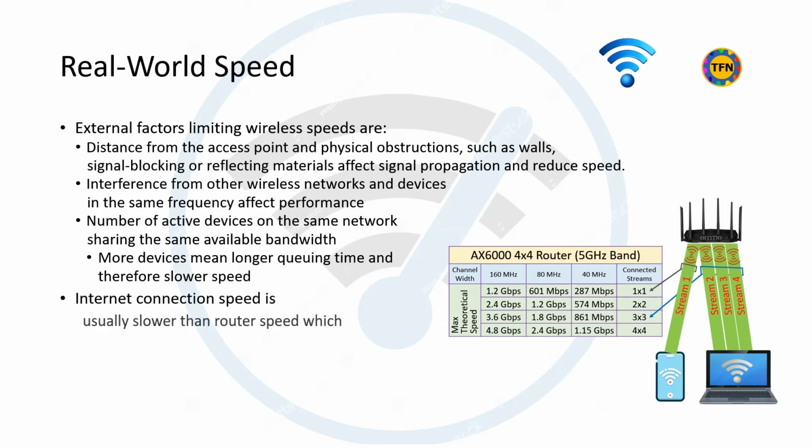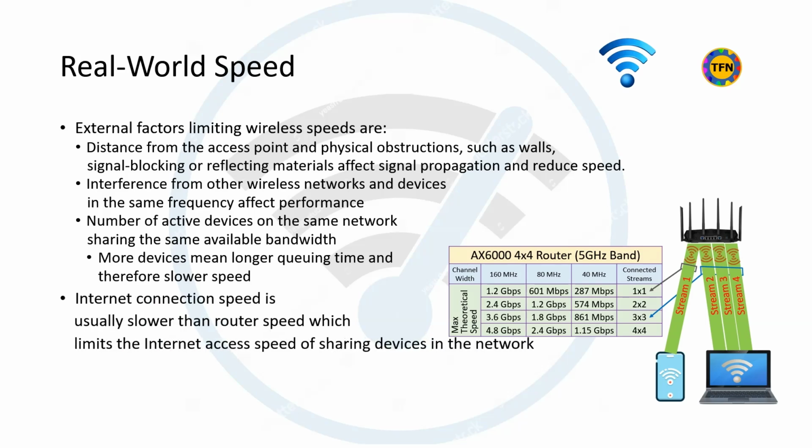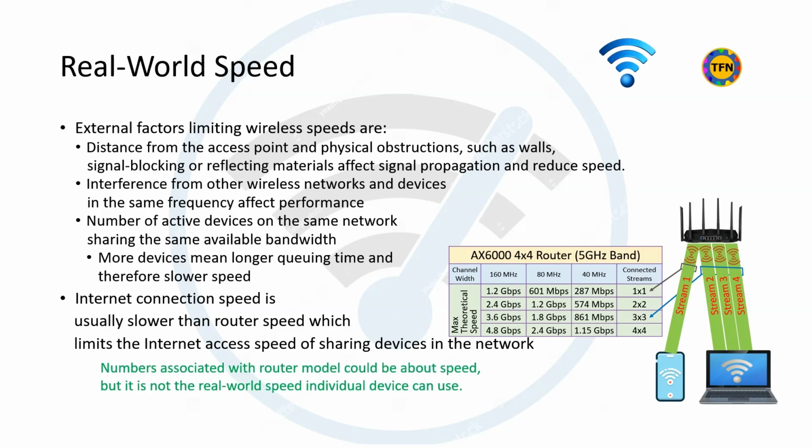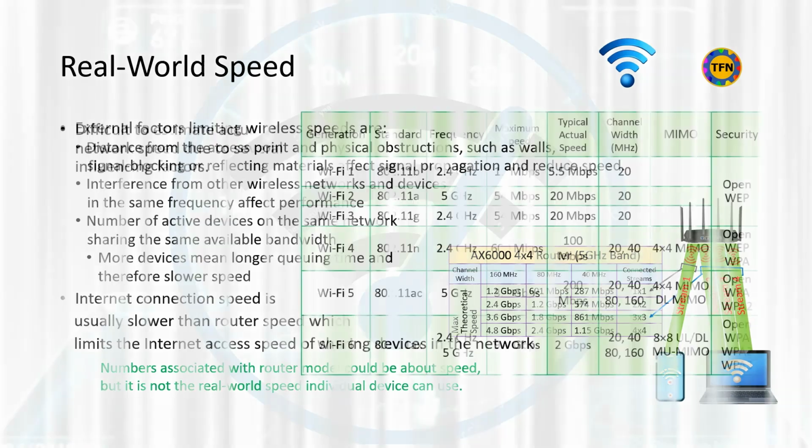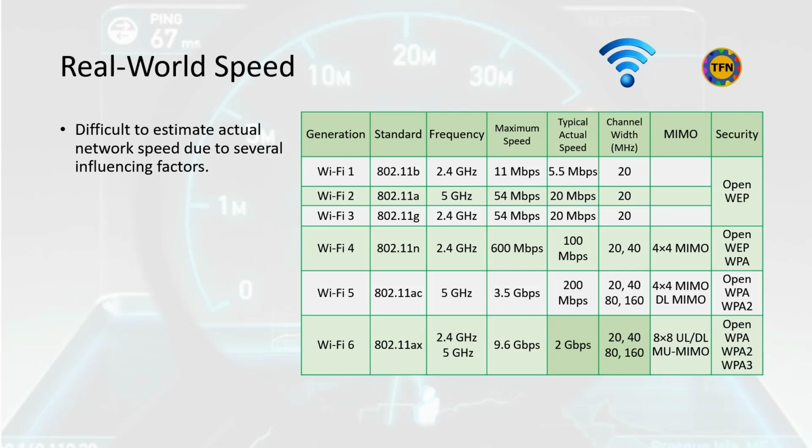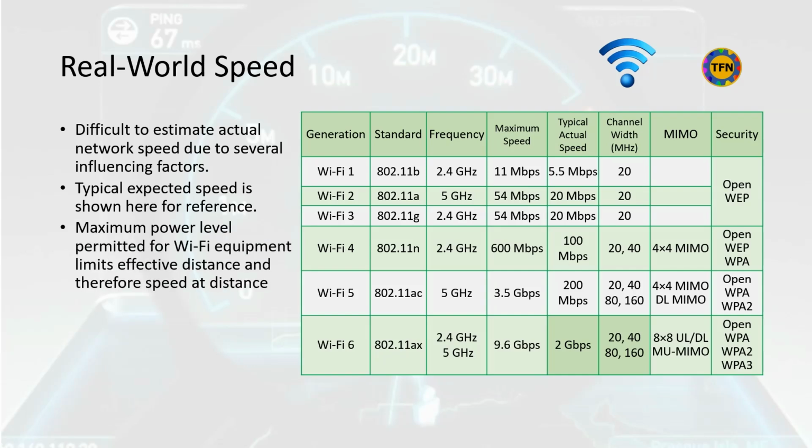We are talking about local network speed so far. Internet connection speed controlled by ISP is usually slower than router speeds, which is another factor limiting internet access speed. Numbers associated with router model could be about speed, but it is misleading as the real-world speed is quite different. It is impossible to estimate expected network speed due to several factors influencing it, as we just discussed. Therefore, typical actual speed shown here is only for reference, which may differ a lot depending on network devices, their location, network structure, and network traffic. Power level of Wi-Fi devices is controlled by regulation, which is another reason for weaker signal not so far